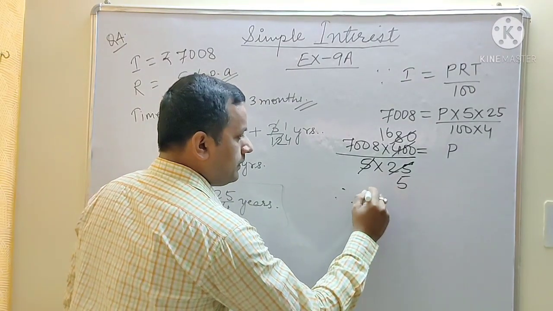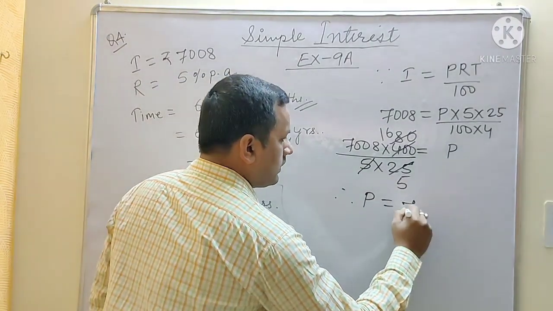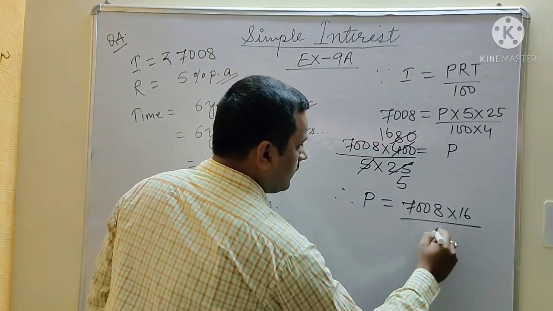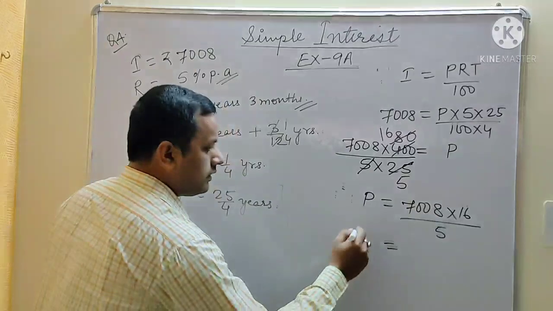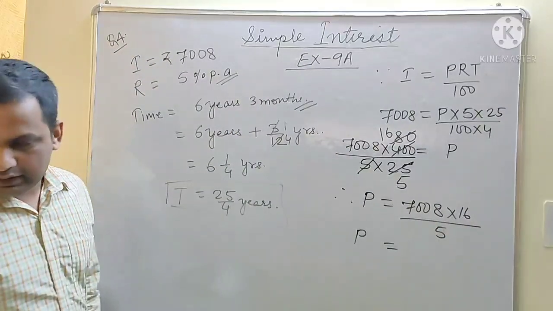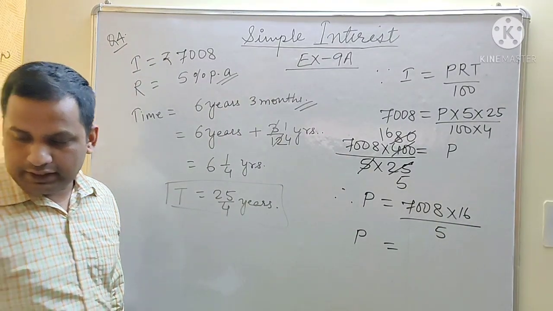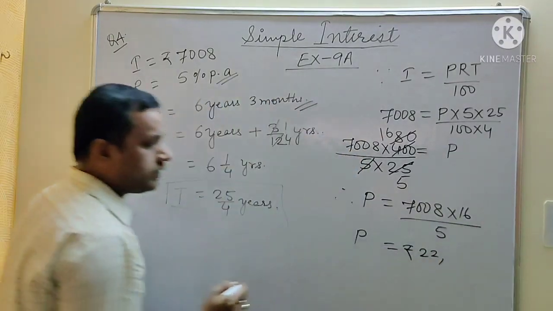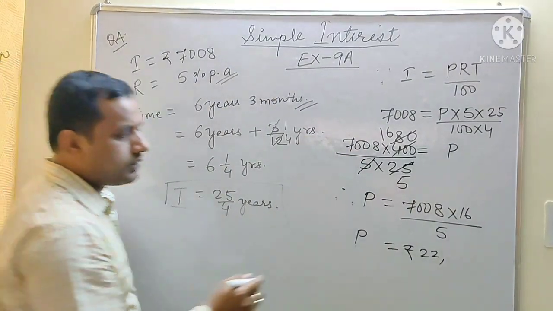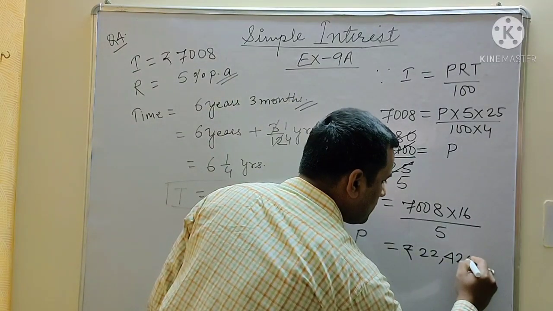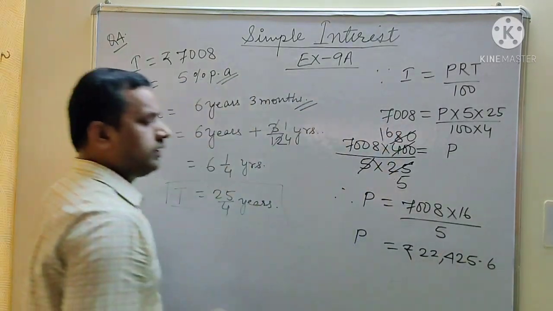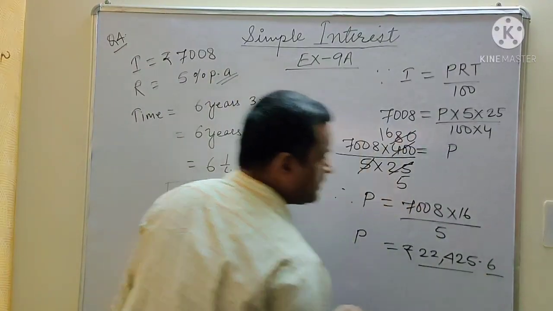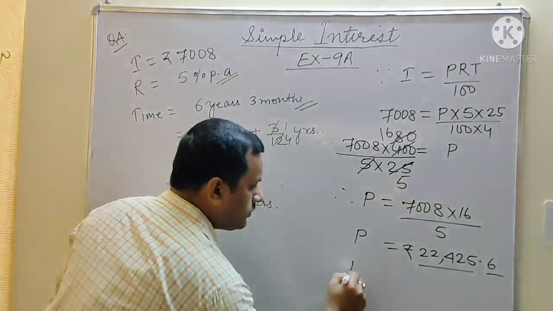Therefore, we get P is equal to 7,008 into 16 by 5, which will be calculated and divided by 5. We will get 22,425.6. Now here you have to note down that you may get 0.6, still 0.6, but you have to write